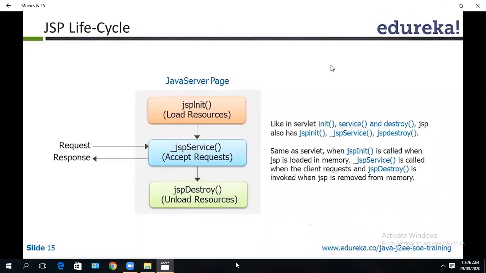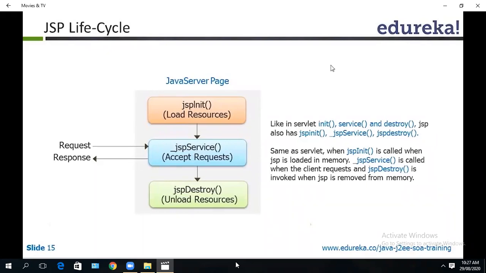Now see, if you look at JSP, when you compile JSP, using the JSP translator or JSP compiler itself, it converts to a servlet file. So that means JSP is also very similar to a servlet. There is no difference. It is just for combining HTML file and Java file, and a couple of more facilities JSP is introduced, right? So now you have jspInit, whenever the JSP is loaded into the memory, the first time it gets executed.